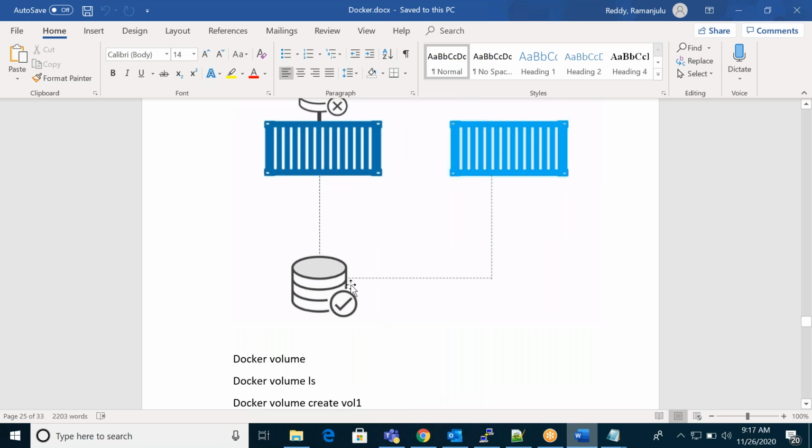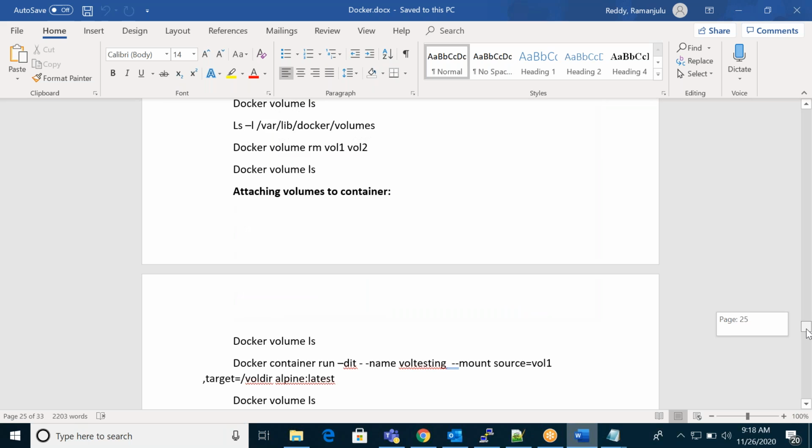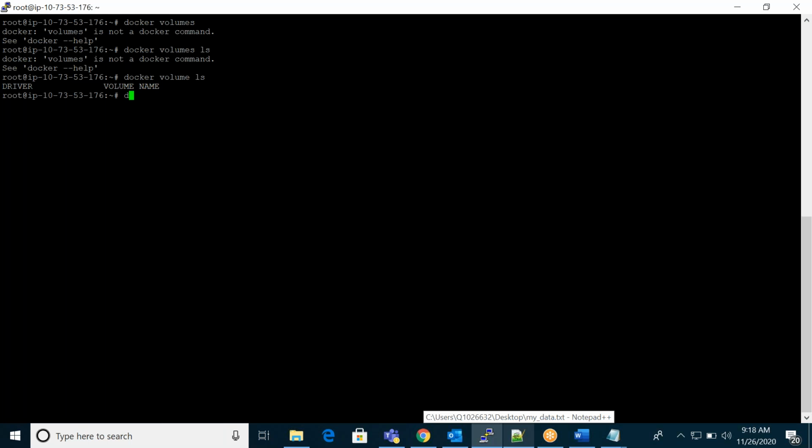So the volume you can attach to a different container also. Here I have all the commands, so you can practice. Docker volume create some volume one.